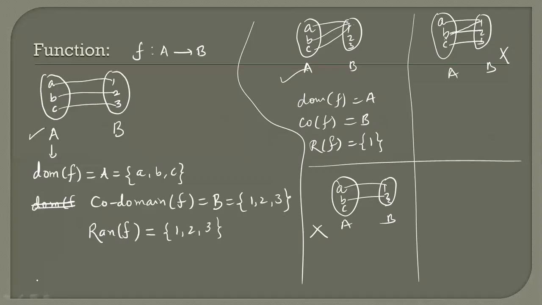Some of the graphs will help us tell whether they are functions or not. We will check in the drawing of those graphs. So now let's see some important functions and their graphs. First is the identity function. If we take a function from real to real, it means the domain of f is the real numbers and the codomain of f is also the real numbers. The range is not given to you. You have to see the range by drawing the graph only.